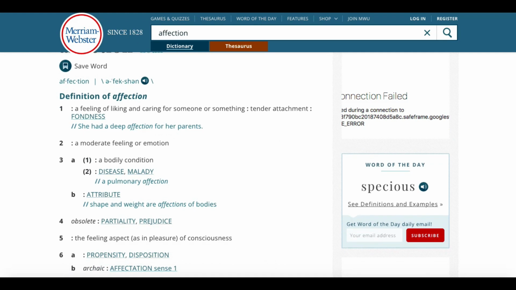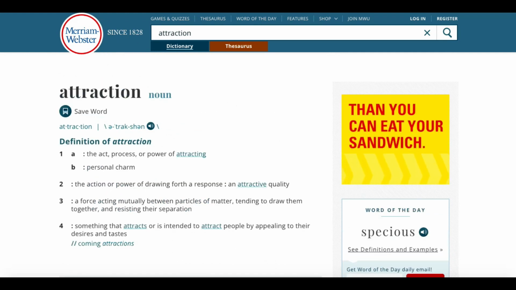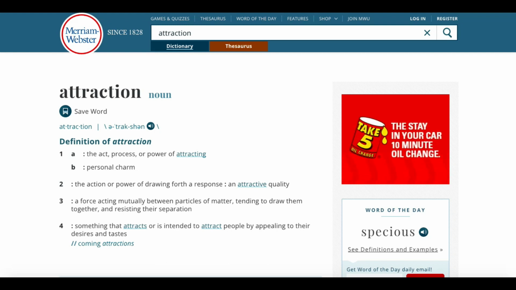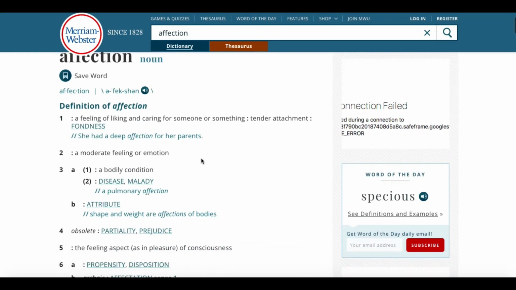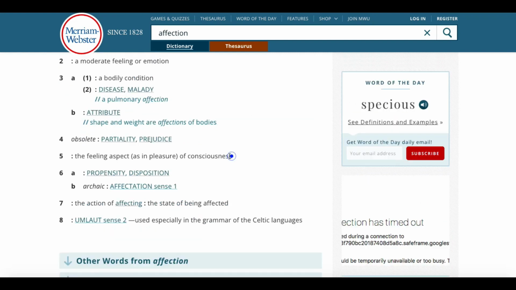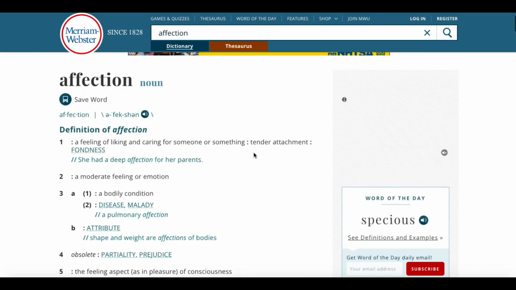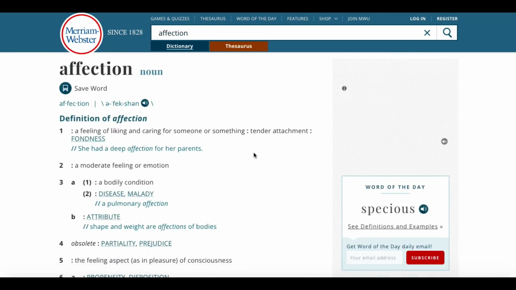So we're saying that magnetism is attraction. We can easily observe that. Now, a synonym of attraction is also affection, a moderate feeling of emotion, the feeling aspect, as in pleasure of consciousness. And everything is going to point to consciousness at the end of the day, if you look close enough. Not for nothing, the first shloka, or the first verse, of the Shiva Sutras says Chaitanyam Atma, which is